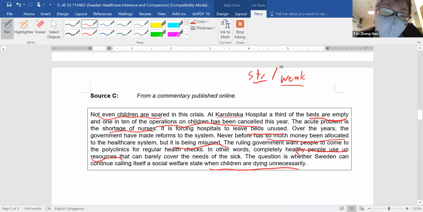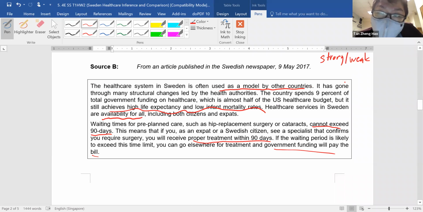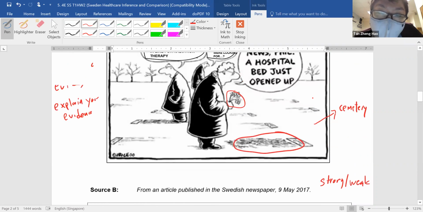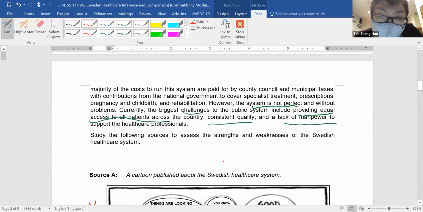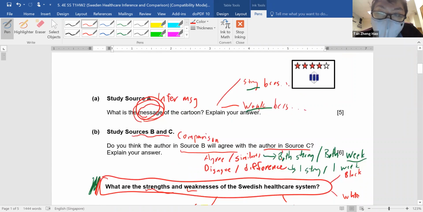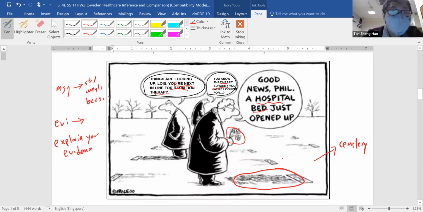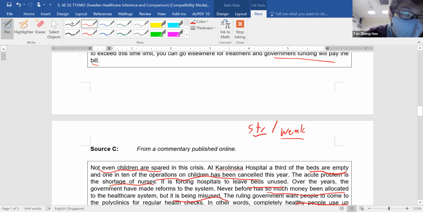So just now I say the healthcare system could be strong or weak for source C. For source B, it can be strong or weak also. So is it a similarity, a difference? Or in the words of the question, do they agree or do they disagree with each other? So how will you phrase the comparison question? I'll give you some helping words to start off. Okay, so you can say